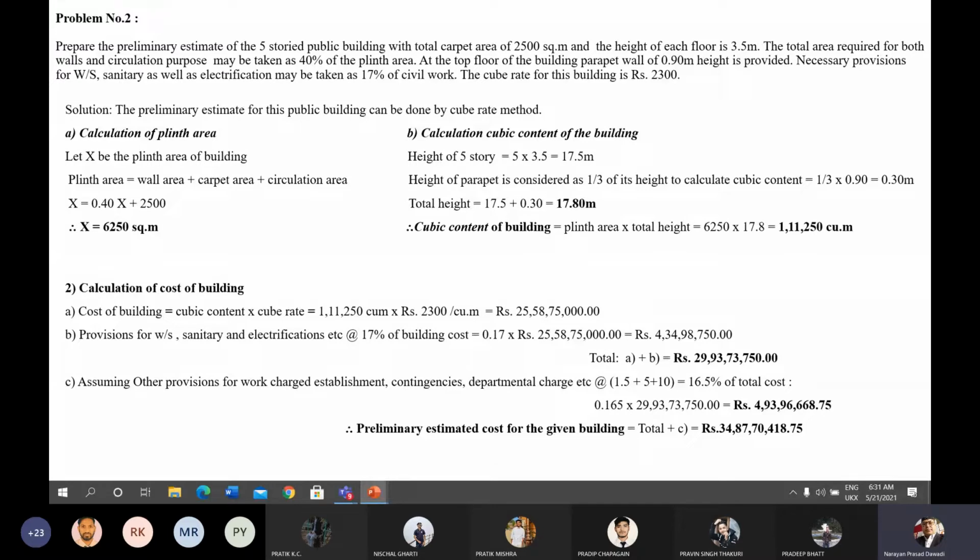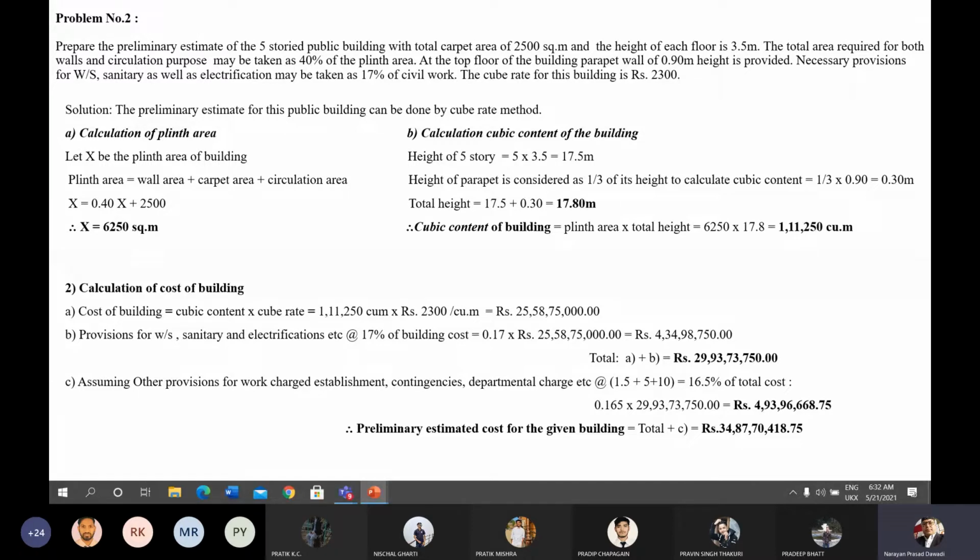Assuming other provisions for overcharge establishment, contingency, departmental charge, etc.: overcharge establishment you can take 1.5 to 2%, the contingencies you may take 3 to 5%, and the departmental charge 10 to 15%. But I am taking here these provisions as 1.5% for overcharge establishment, contingency as 5%, and departmental charge as 10%. This departmental charge includes the supervision charge, that's why supervision charge is not mentioned here. The total percentage will be 10, 5 and 1.5, 16.5% of the total cost,